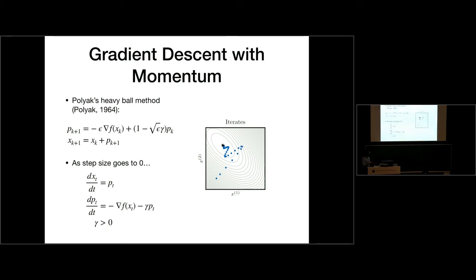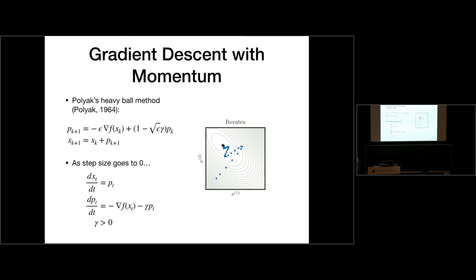Okay, and in pictures, this is what it looks like. If you remember, gradient descent just sloped gently into the minimum. Gradient descent with momentum tends, anyway, to oscillate because it has that persistent motion. Okay, and then we're going to do this age-old trick of letting the step size go to 0 so we can understand the fundamental properties of the system.